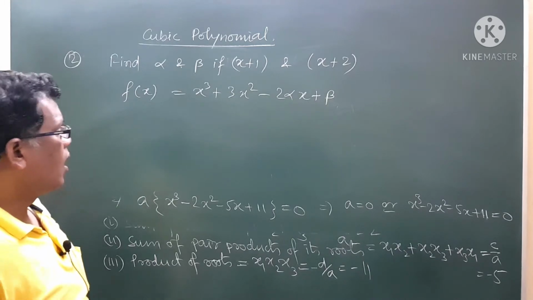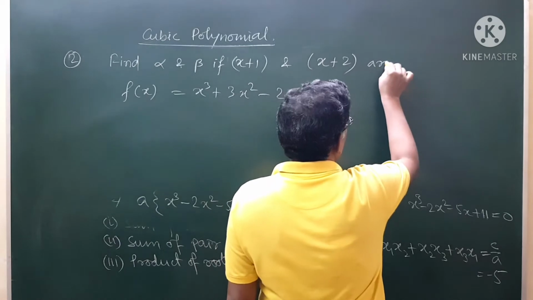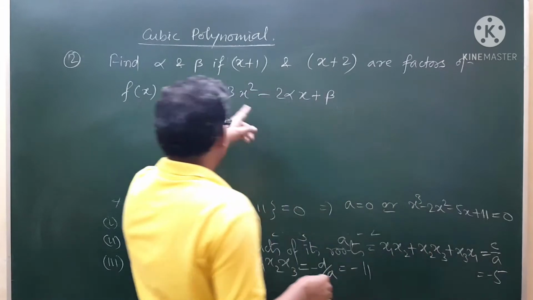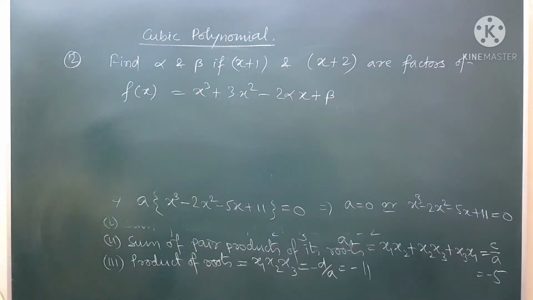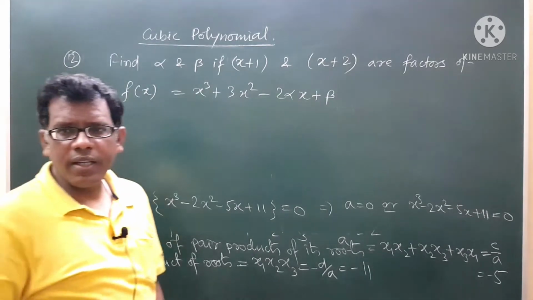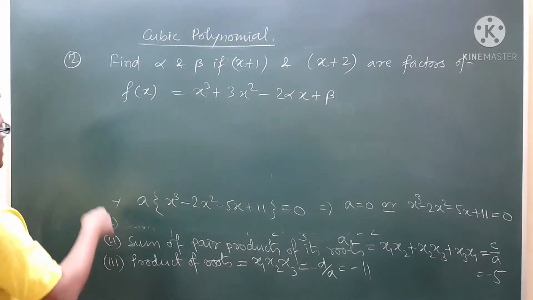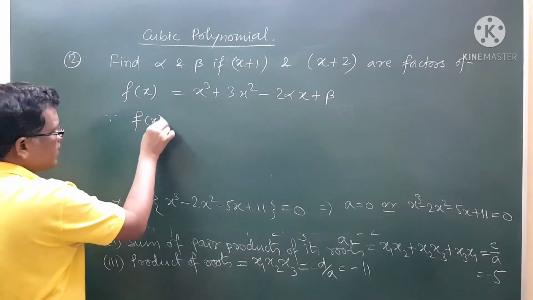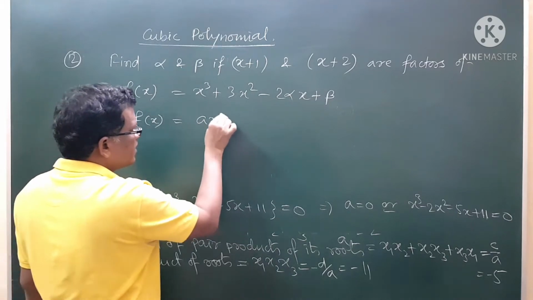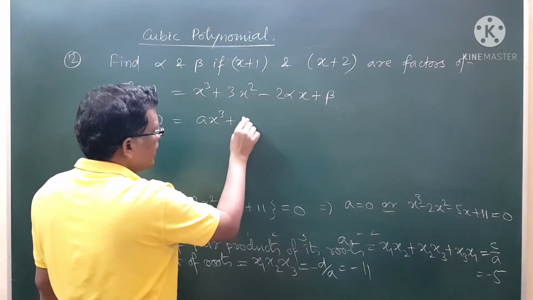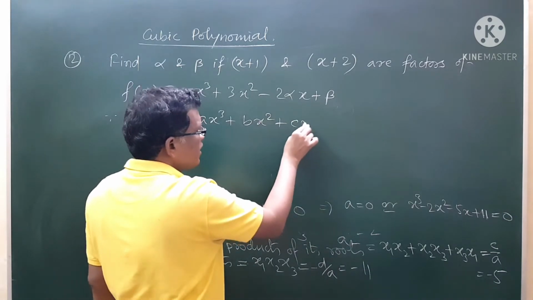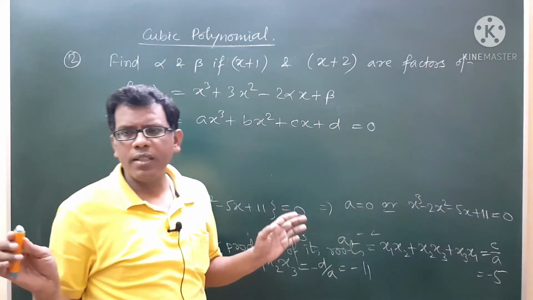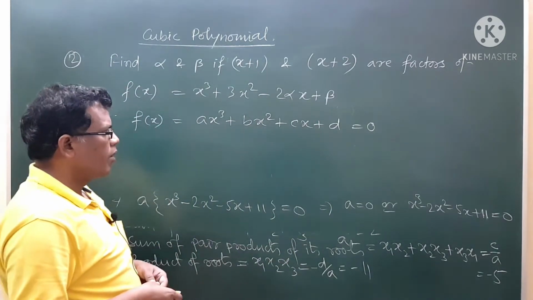of this. So basically, let me go on discussing this basic theory. Going back to the basics, if f(x) is given as ax cube plus bx square plus cx plus d equals 0, the basic format of a polynomial of degree 3, this is the basic equation of a polynomial of degree 3.